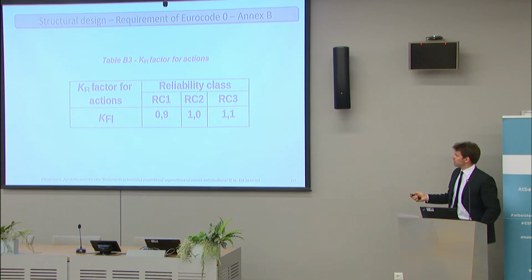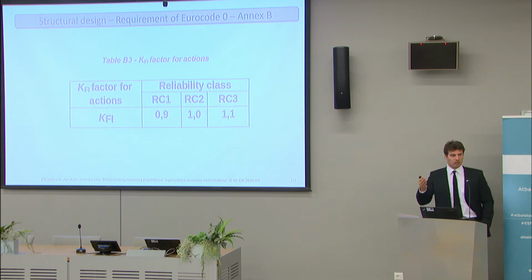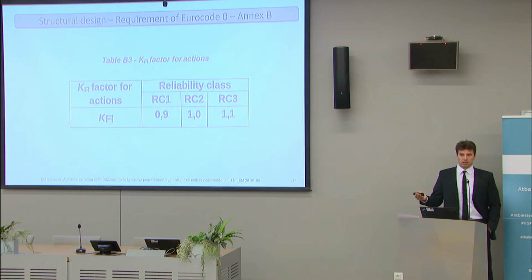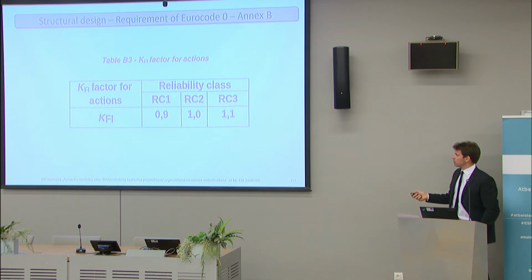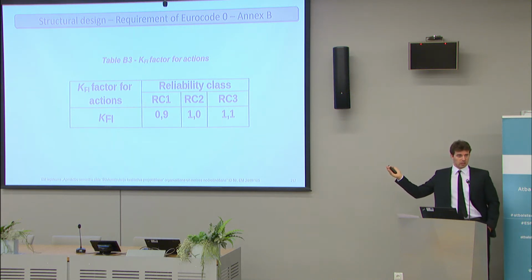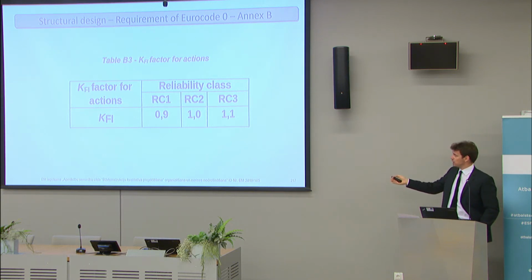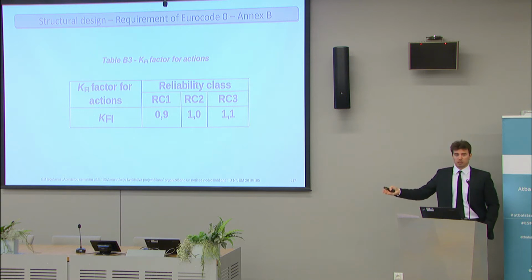So, you see, we were speaking about an agricultural building. If you think that your structure is not so important in terms of human lives or economic consequences if it collapses, you are allowed to take 0.9. As well, you are allowed to increase your safety if you think that it is otherwise very, very important. This is maybe something similar to these parameters you saw before, this alpha